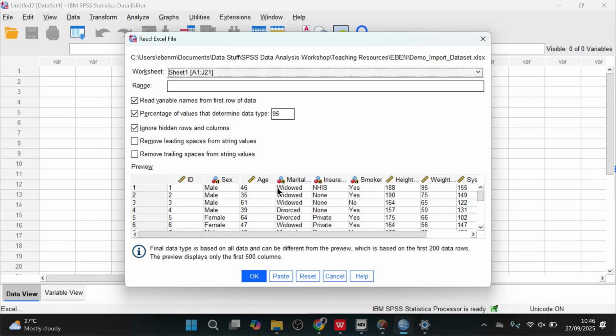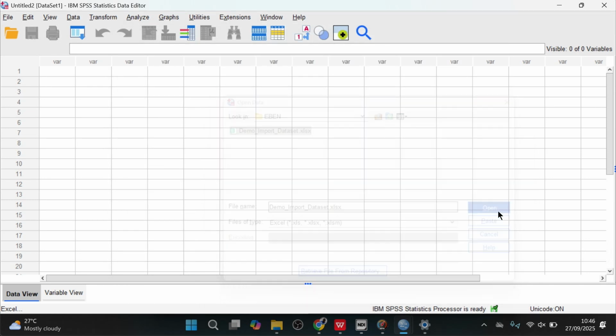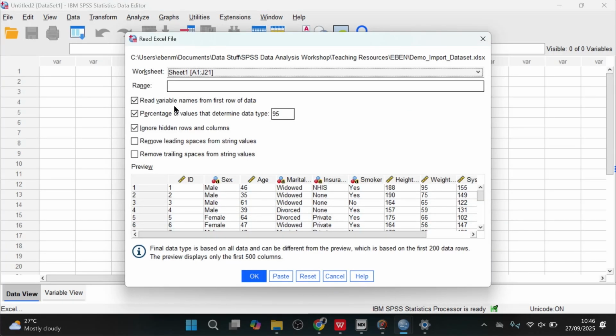File, import data, Excel. Click Excel. Wherever you have stored that Excel file, that spreadsheet on your system, just look for it, select it, and click open. So it will bring you to this window, and then you can